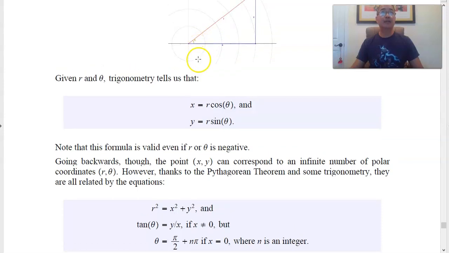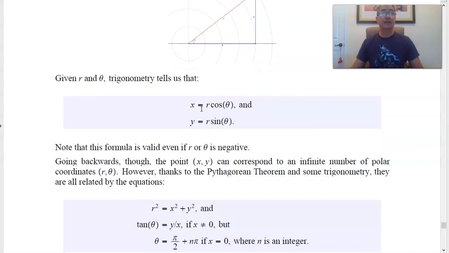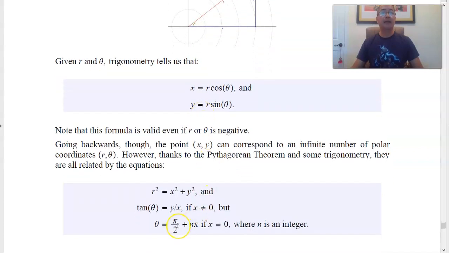But if x is 0, it means you're on the y-axis. So therefore, your angle should be pi over 2, or you can add any integer multiple of pi. Maybe you're at negative pi over 2, subtract pi, or 3 pi over 2, add pi. But truth be known, it's really just the first formula that we are going to